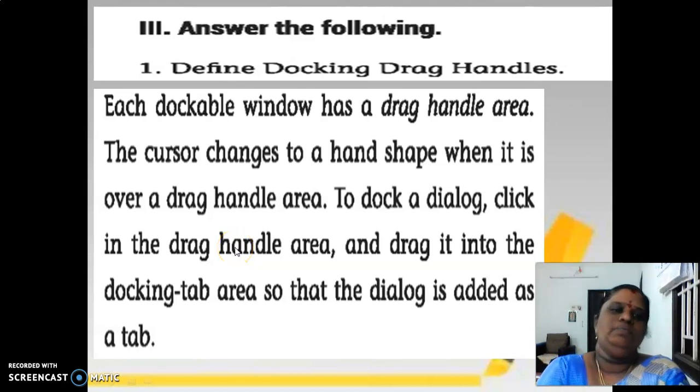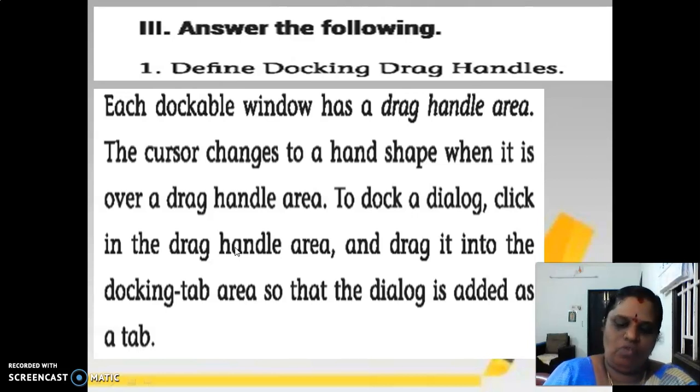Welcome back, children. Till the last video we saw the first question, answer the following. Yes, you all completed the first question, I think so. Listen, the answer the following you want to write in your classwork, and the book back exercises you want to write in your book. I don't want to repeat it again and again. So first question over. The second question is, define